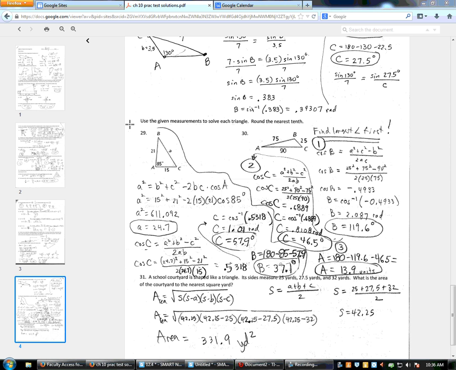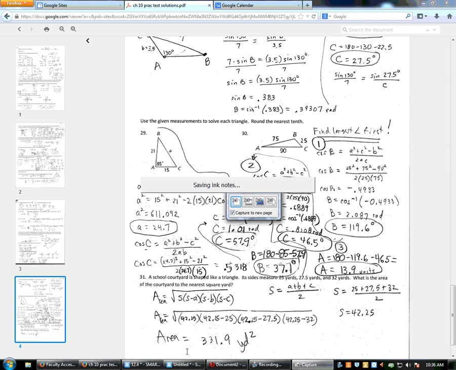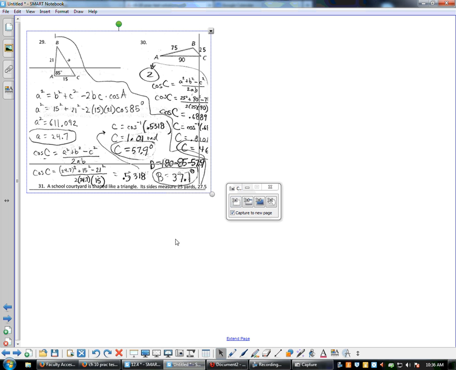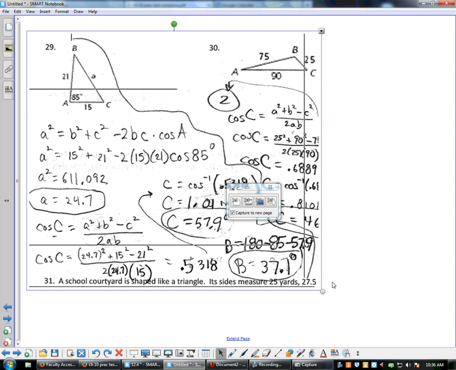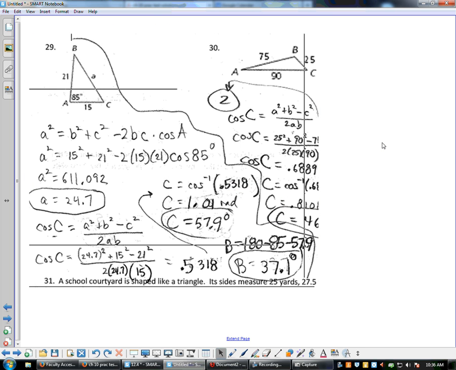All right, this one says use the measurements to solve each triangle. It's a lot of stuff right there. That's a lot of writing that I squished in here, but it's good writing, I hope. Let's take a look. So for this picture,